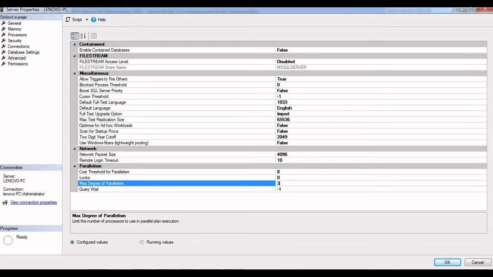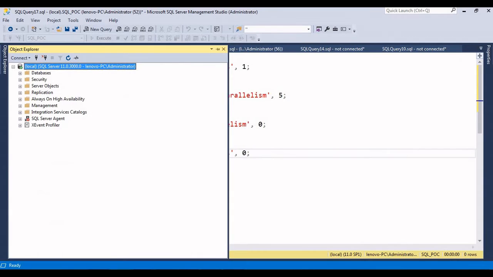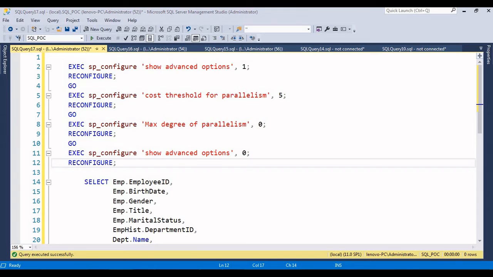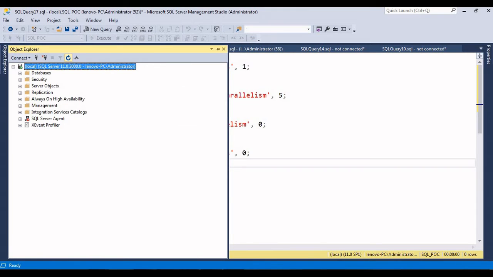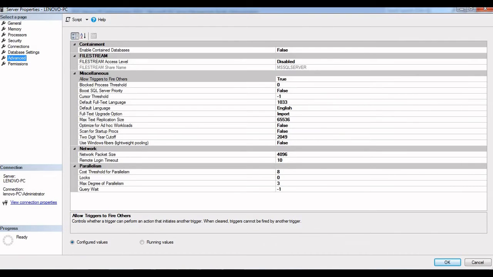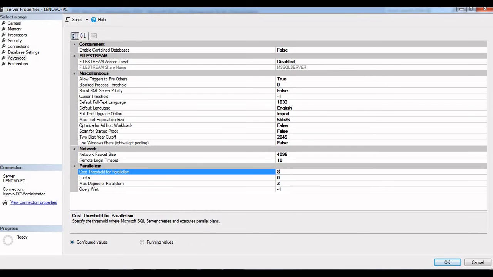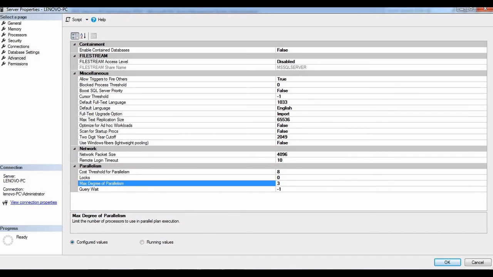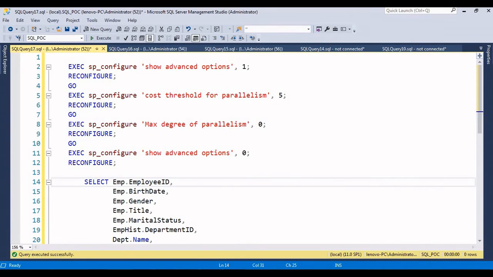We'll click on OK. Now just click on refresh, right click, properties, advanced. Now we can see the values we just set: cost threshold for parallelism 8 and max degree of parallelism 3. Now our values are changed as we expected, from the UI also, and from the sp_configure options also.